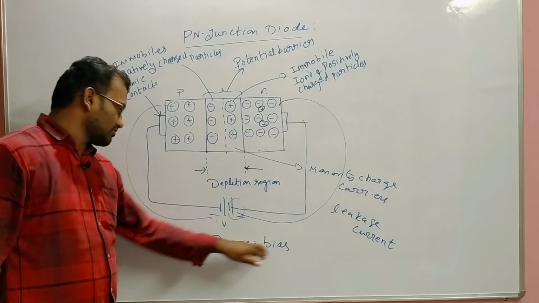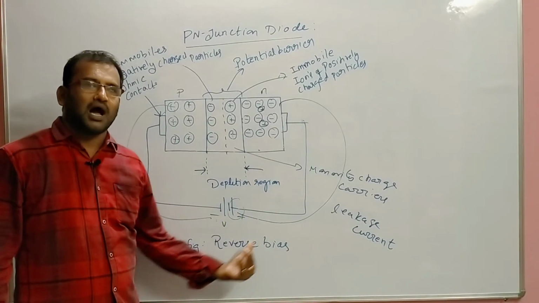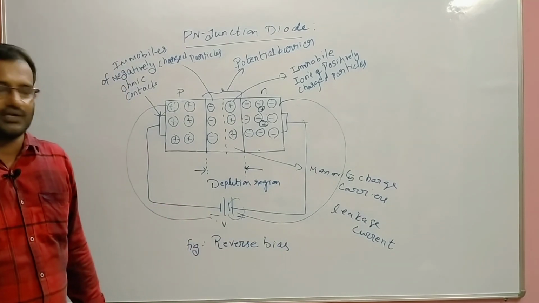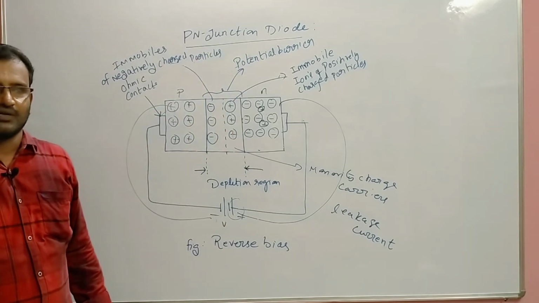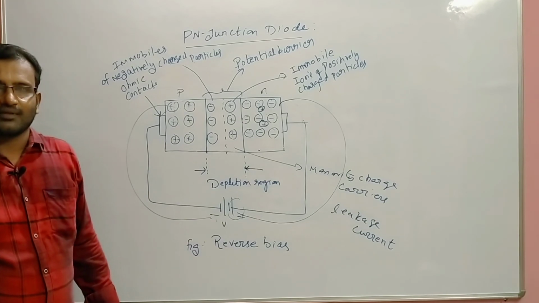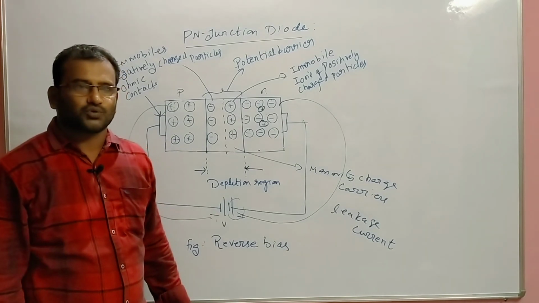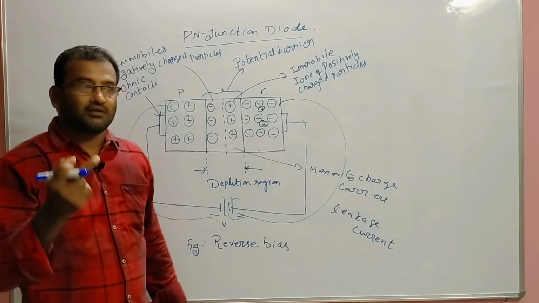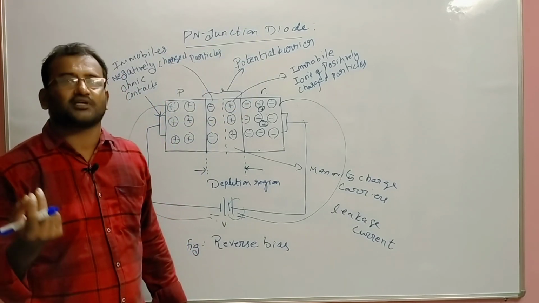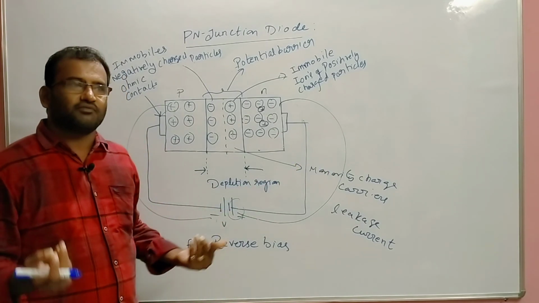So this is reverse bias condition. Today in class we discussed forward bias condition and reverse bias condition. In applications of the PN junction diode, it can be used as a switch. When we put the switch on to run a fan, current flows, so that becomes the forward bias condition. Whenever we switch off the fan button, the fan will be off. That is reverse bias condition, because there is no flow of current. That's why we say the diode is used as a switch.